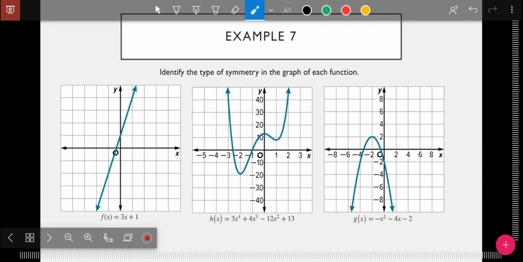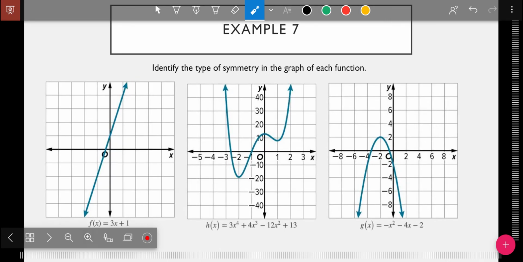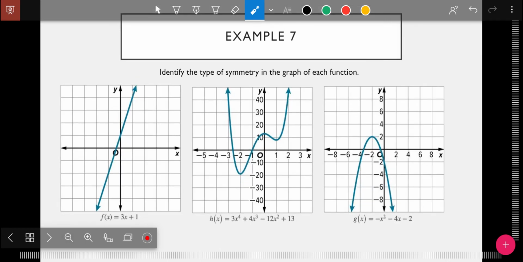So it's just point or line symmetry or none. So the first one, if I drew it in half and folded it over, that wouldn't work. If I put a point right here and spun it around, now this might be not as long as this, but it goes on forever. So eventually it would fold over and be equal, or spin over and be equal. And so that one is an example of point